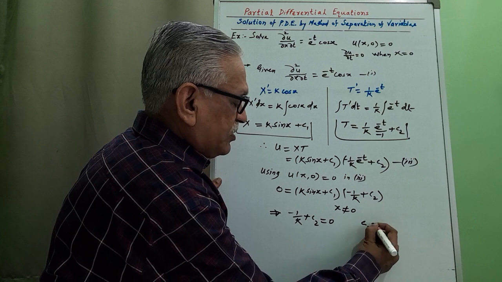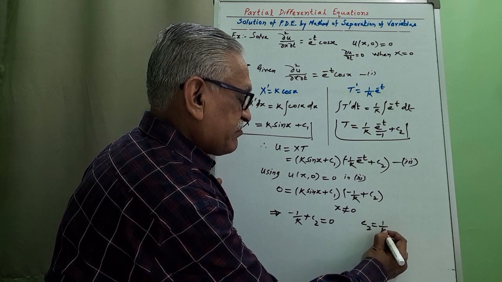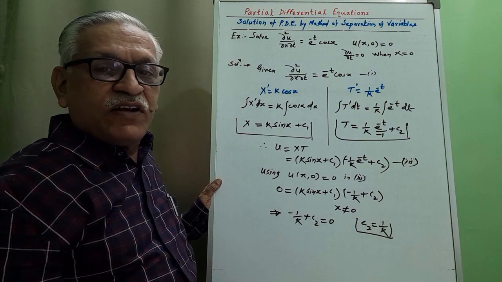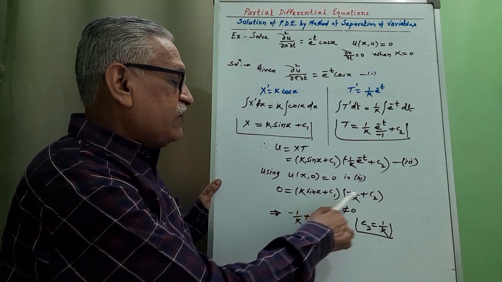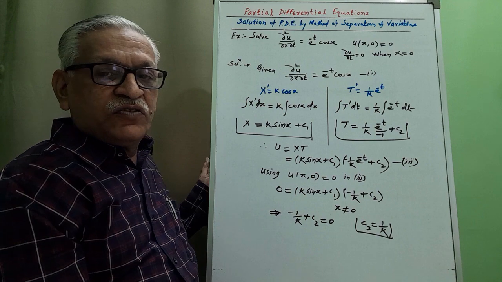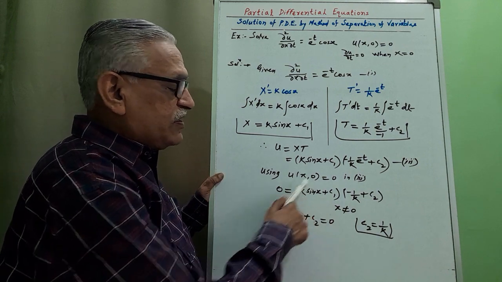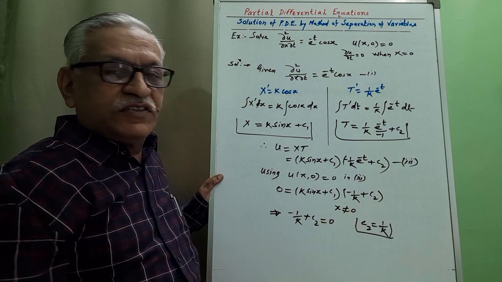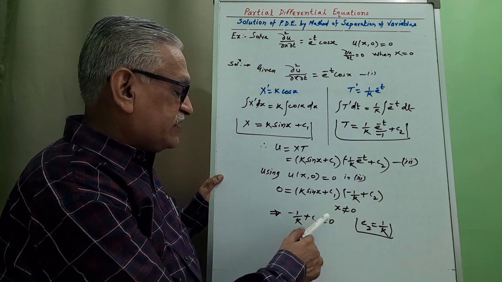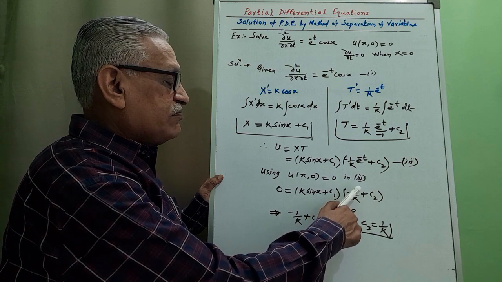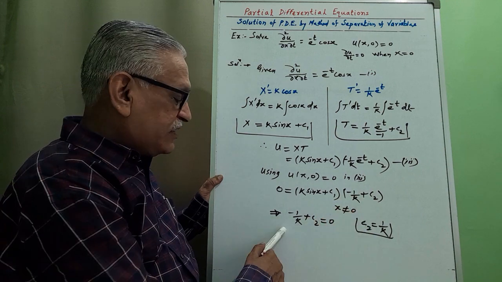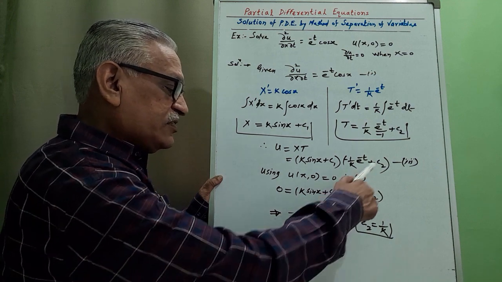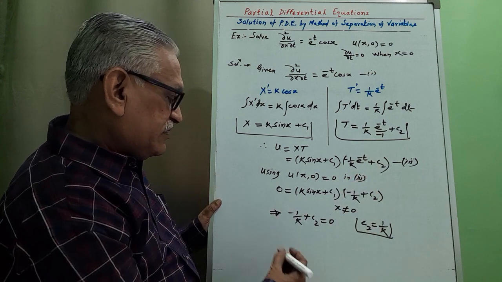It gives you the value of c2 as 1 by k. Once again I will explain this concept. Whenever we have a product of two terms equal to 0, out of which one term is not equal to 0, it implies the second term must be 0. Using that concept we get the second term, 1 minus 1 by k plus c2, as 0. From this we get the value of c2 as 1 by k. Using this in 3,